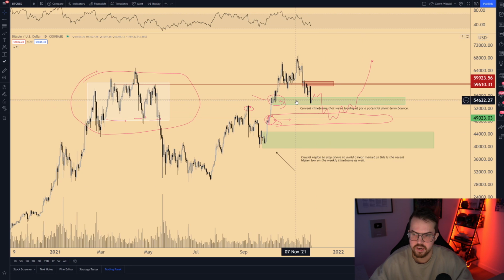So I've made this scenario yesterday in which we look at a potential bottom around 48k before we can continue moving in the bull cycle at the beginning of next year. So I'm still assuming that we will be seeing a new run in Q1 of 2022 based on historical price action. So at this point, this is my primary scenario in which we most likely are getting a bounce back